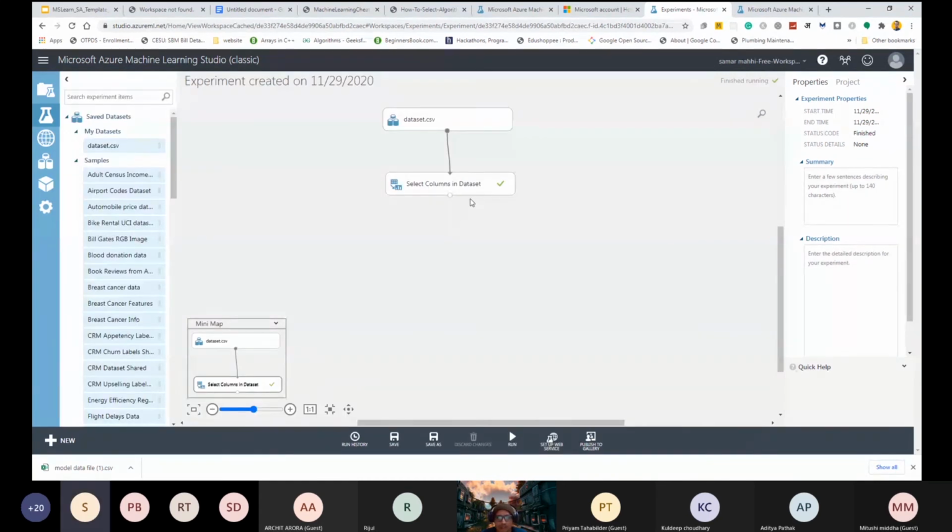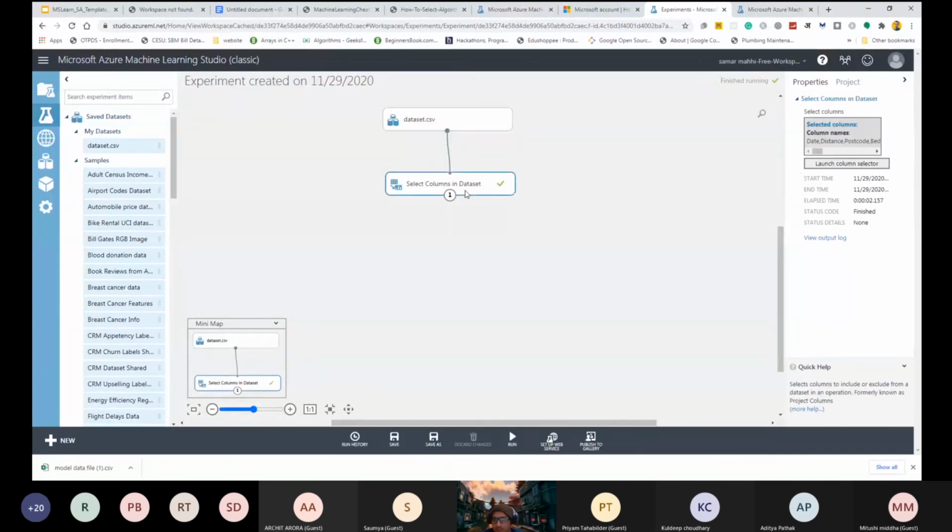Sir, can you please repeat what we're supposed to do after launch column selector? Okay, after the launch column selector, you just have to select the features. What you don't have to select is the suburb, address, method, seller, and date because they are not important to predict the price of that house. So you just have to ignore those five features and select all the remaining features.